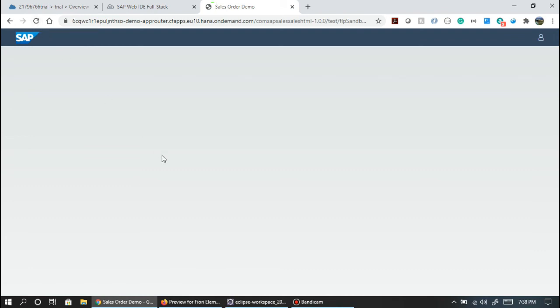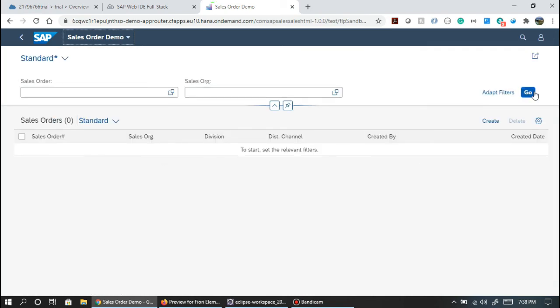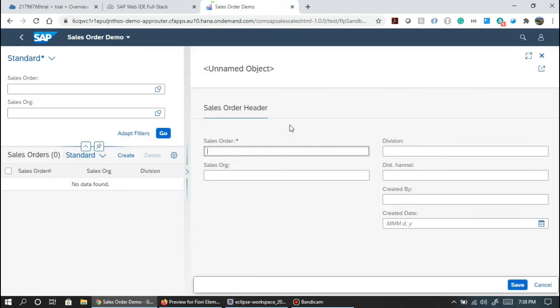Okay, that's what we are expecting. So let's see whether it is having any problem? No problem, right? Same created and created by, all things are coming properly. If I click on go, no data because we deleted all the data last time, right? So let's create one quickly, just to have things shown properly.